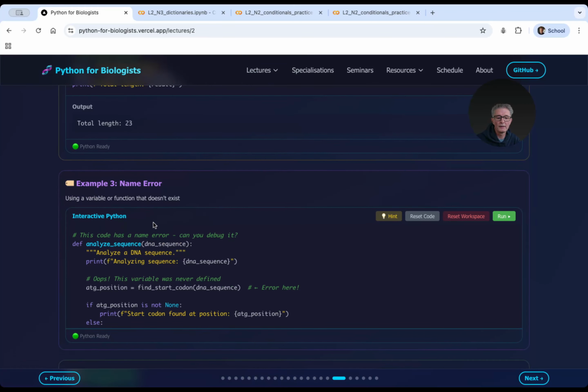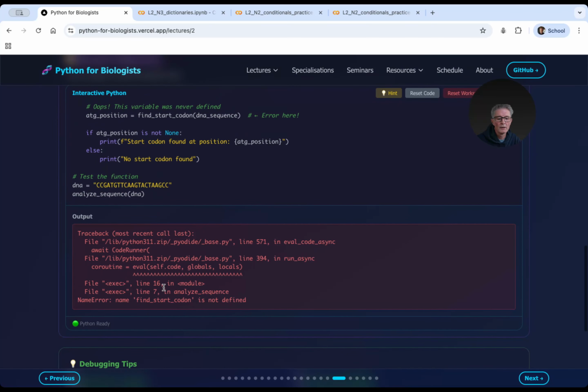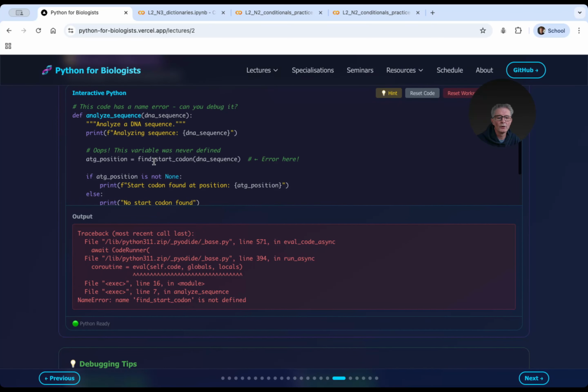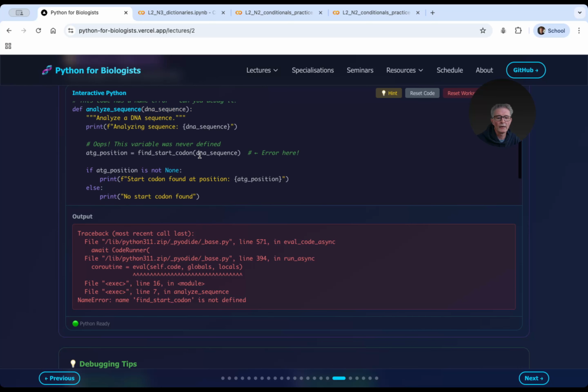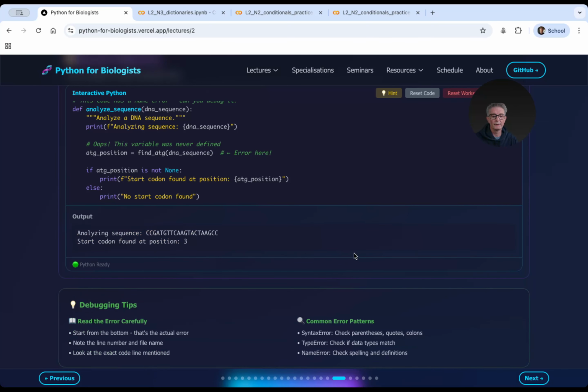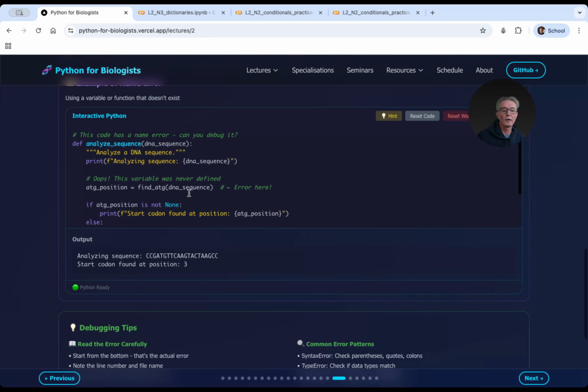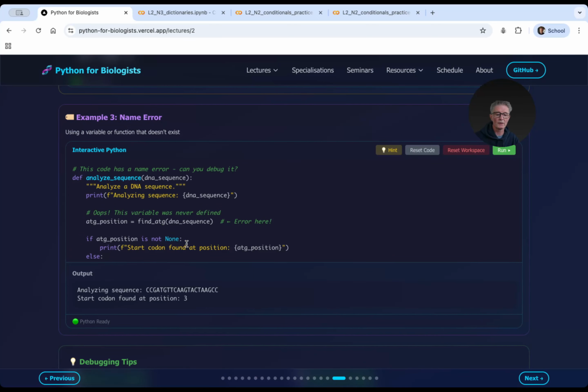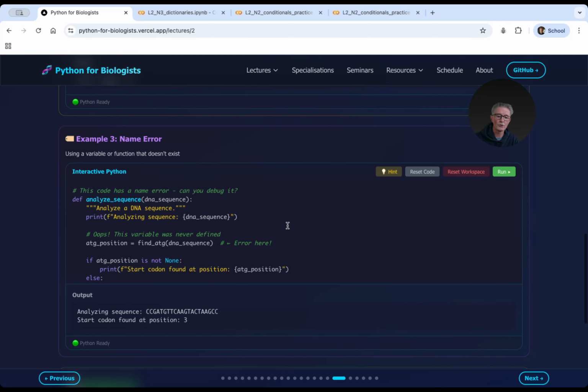And then another typical error is when you use the wrong names, when you get your variable names wrong. And this is happening here. So we used find start codon, but that's not correct. We actually call this, if I remember correctly, find atg, and then it will run. So to debug this, you have to go upstream and see where is that function. You can use search in, or a find function to do that, but you have to be a little